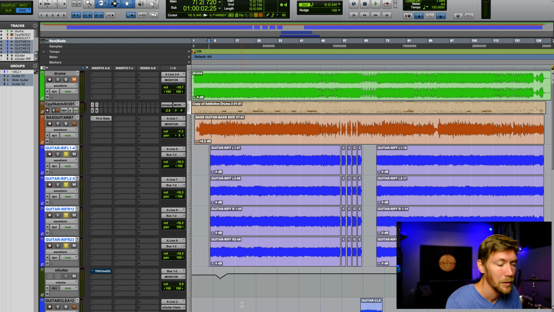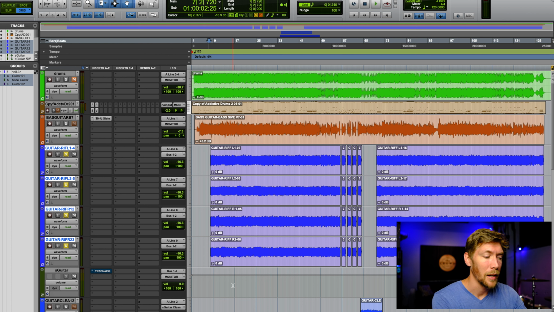All right, the next example of how we can use a bus is with effects. Let's take a common one, let's say a reverb. So if we want to have one type of reverb and we want to have that on multiple tracks across the mix at different levels,